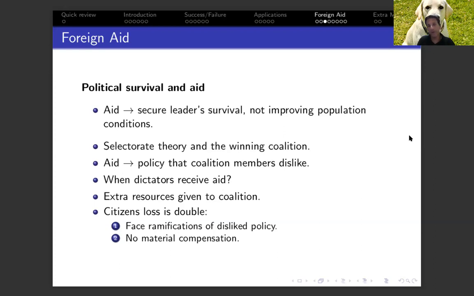So overall, when we think about foreign aid, the logic is pretty similar to the logic of economic sanctions that I talked about 20, 25 minutes ago. Only this time, the pool of resources for the dictator actually increases. When we talked about economic sanctions, I mentioned that the pool of resources decreases, and from whatever is left, all the money is going to go to the leader and her base of support. Similarly, even when those kinds of leaders get more money because of foreign aid, then this pool of resources increases.